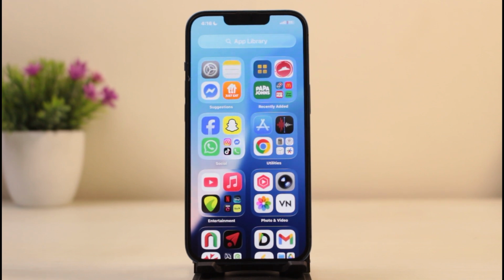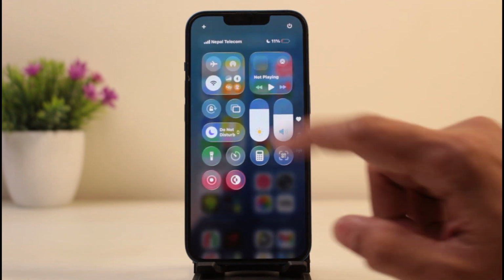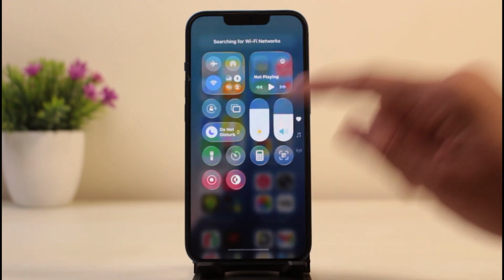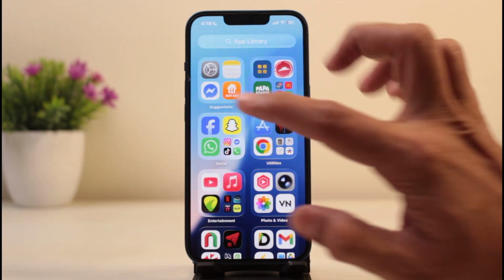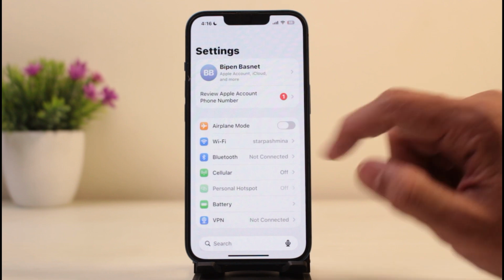How to fix login error in Ryanair application. First, make sure that your device is connected to a secure internet connection. Swipe down on a control center and turn on your Wi-Fi to connect to a network. By doing so, you shouldn't be facing any network issues. However, if we talk about the login error, you can simply go to your settings, scroll down and